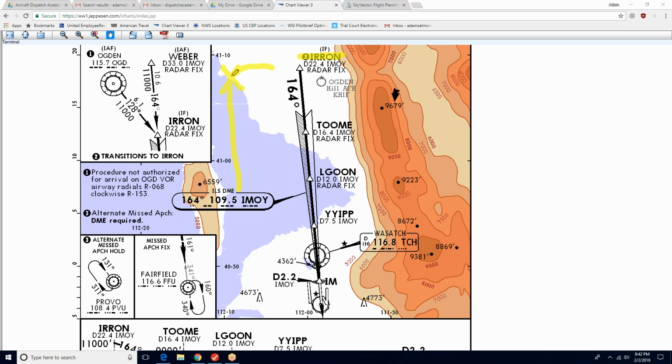ATC will say, okay, turn right heading, they'll actually just give you the heading, but let's just say turn right heading 090, which is straight east. And then they'll usually tell you to intercept, this would be the Iron intersection. Or they might turn you again, heading this way. But they're usually going to give you some sort of instruction to turn to where you intercept this